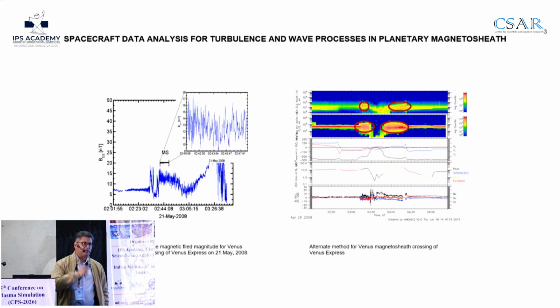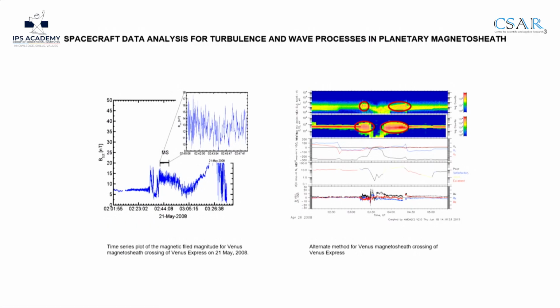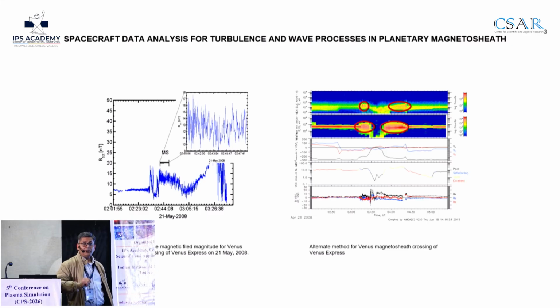So I started with identifying the magnetosheath for Venus. So here what you see is the identification of the Venus magnetosheath. I started with just eye inspection of the magnetic field time series data provided by Venus Express. And what you see here,